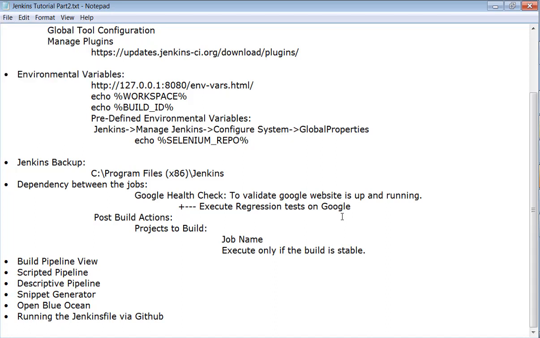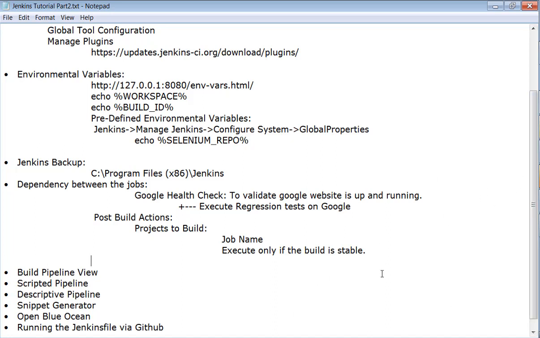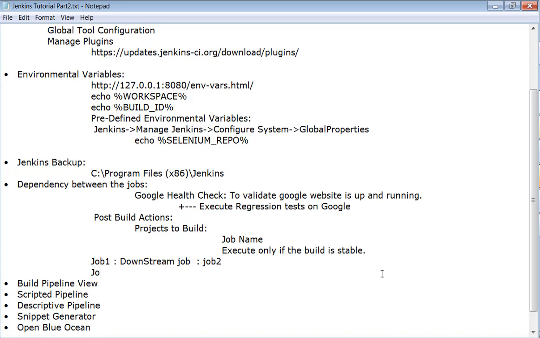Once you create a dependency between the jobs, you have to see the pipeline view. Means this job is depending on this job, or this job will execute after this job. So now for job 1, the downstream job is job 2.